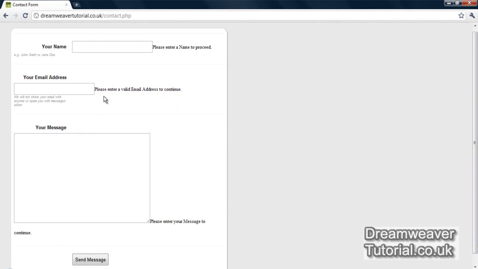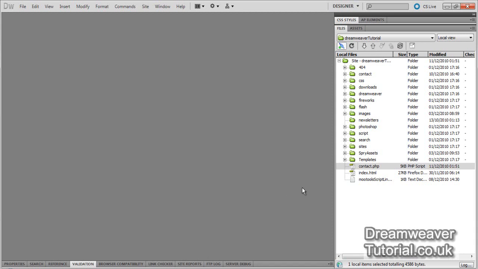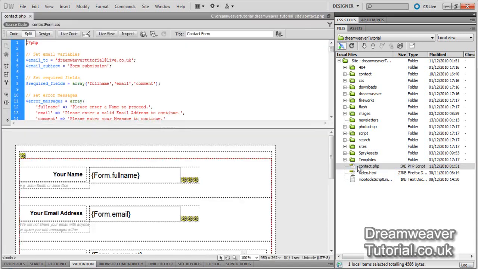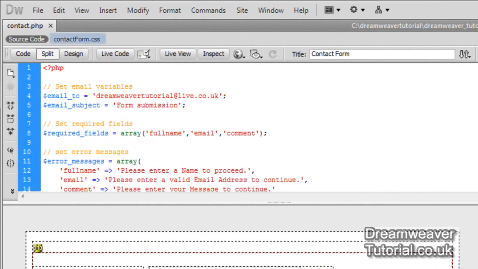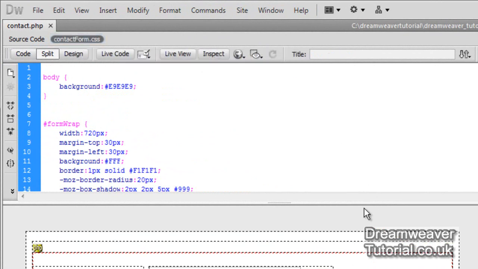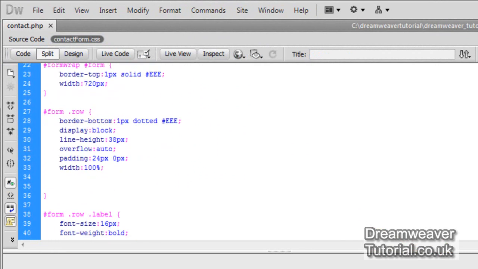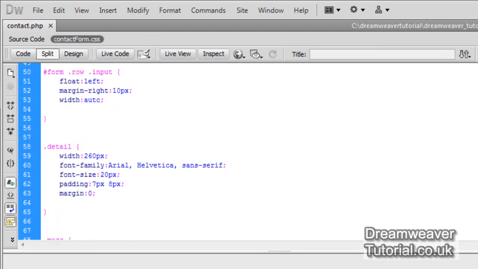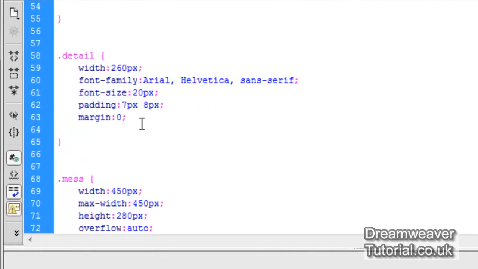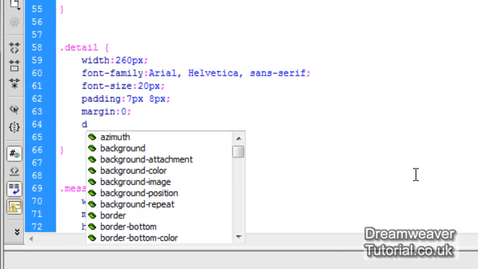Now the validation error messages are appearing, but they are displacing our form fields, and it doesn't look very professional at all. So the first thing we should fix is the placement of these error messages. We would like them to appear just below each respective form field. So back in Dreamweaver now, let's open up our contact form page, and we'll need to switch to our CSS file. So click the CSS file next to the source code, and the first selector we are going to add to will be the selector with the class of .detail, which will target both the name field input and the email field input. So once you've found it, we are going to set a display property, and we'll set the